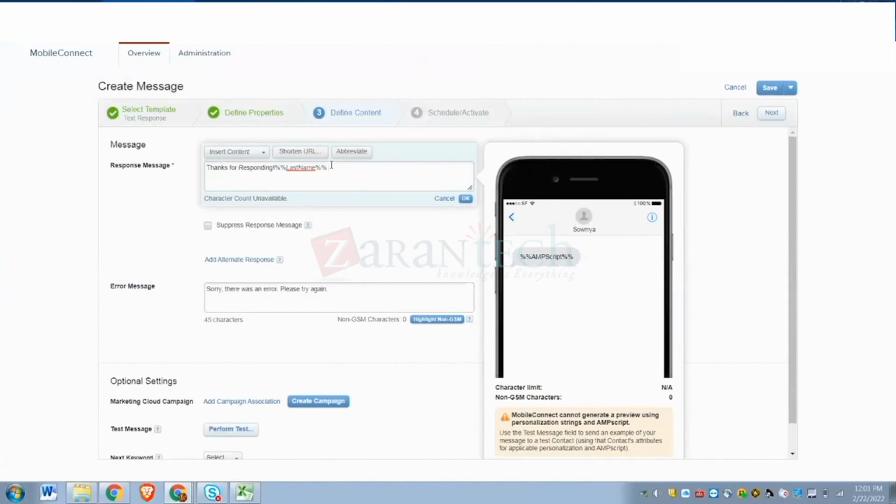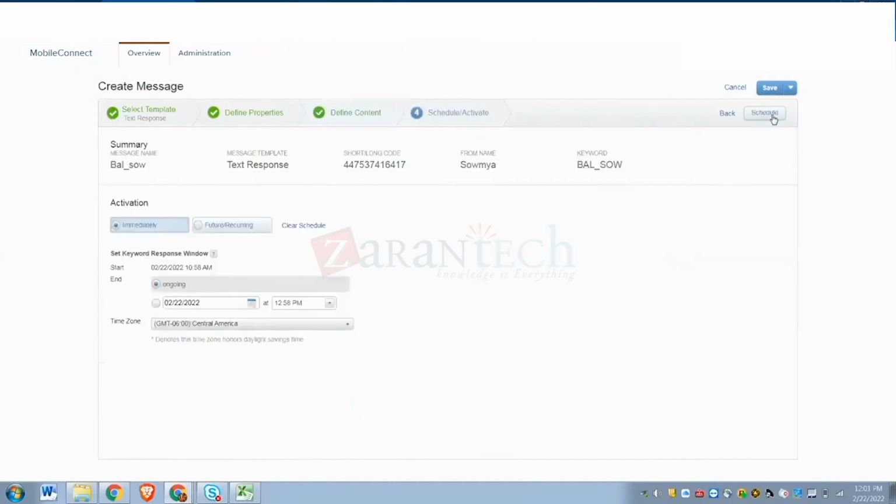Just you have to define this message, and error message. Suppose they responded with the wrong keyword, then you have to define the error message as well. And you can click on next option, and you can send this